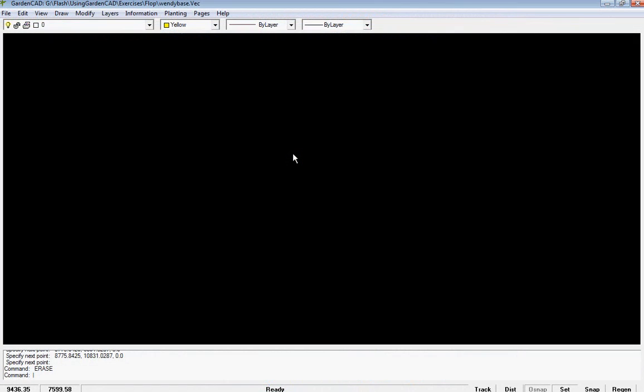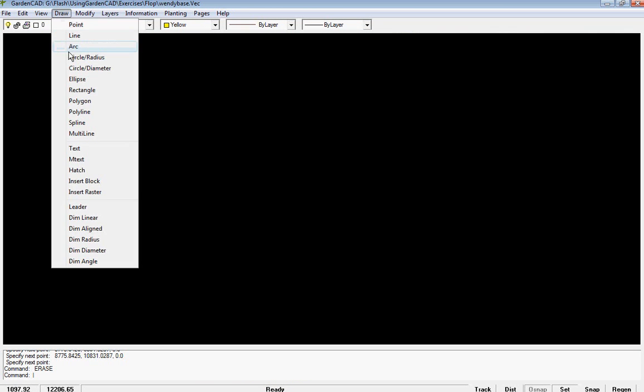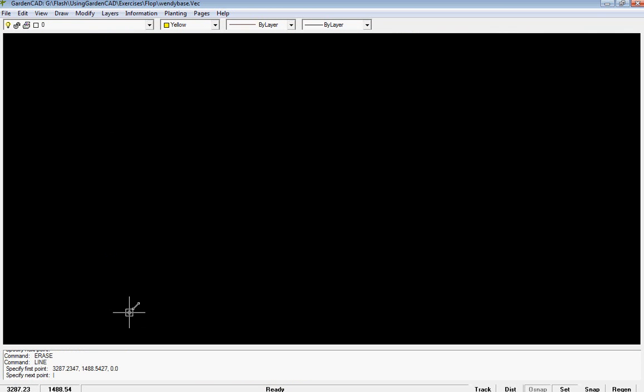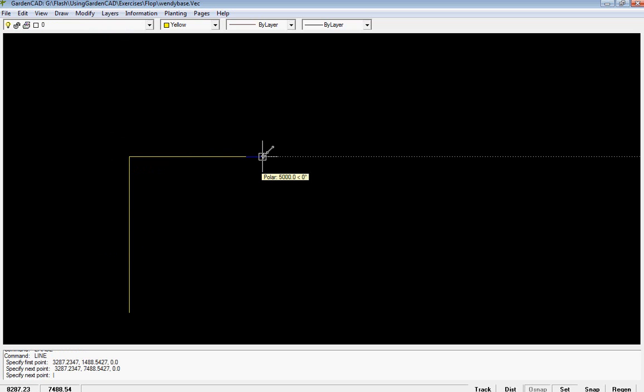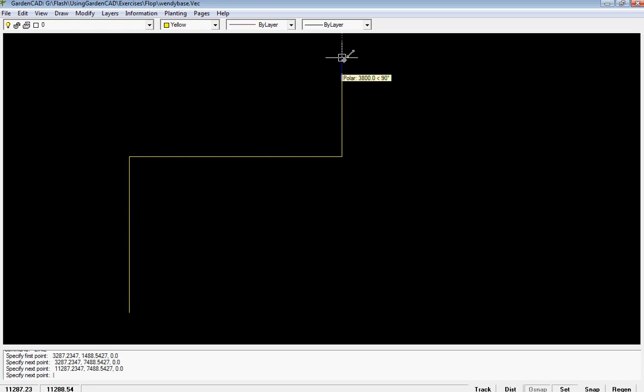Let's use GardenCAD and set out a base plan. I'll start the line command by going draw line and just click, and you can see as I move up here I can set distances. So my first distance is 6 meters. I simply come across here, and as long as that yellow indicator is showing, I can click across here, and my next distance that I've measured on my base plan is in fact 8 meters. So I can come here, there's 8 meters, then I go up 4 meters